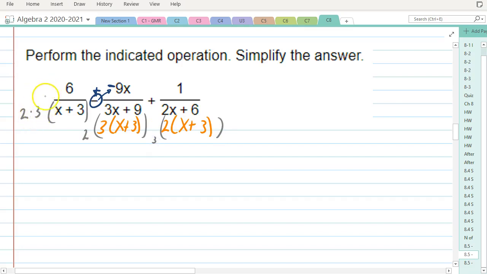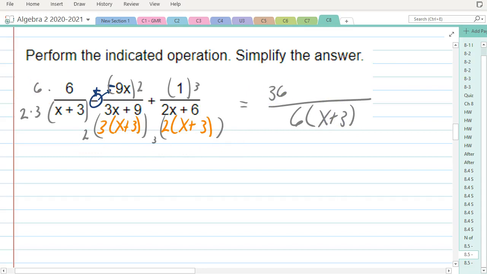So whatever I do to the bottom, I do to the top. And then I have a 2 here, and so that needs to multiply times the top, and then a 3 at the end. Now, we're going to have a simple common denominator of 2 times 3 is 6, parenthesis, x plus 3. And we can check all the way down. 2 times 3 is 6, and then I have an x plus 3 all the way down. On top, I have 6 times 6 gives me the 36. Negative 9x times 2 gives me negative 18x. And then 3 times 1 is 3. We look for our like terms, which are simply 36 and 3, and that gives us negative 18x plus 39